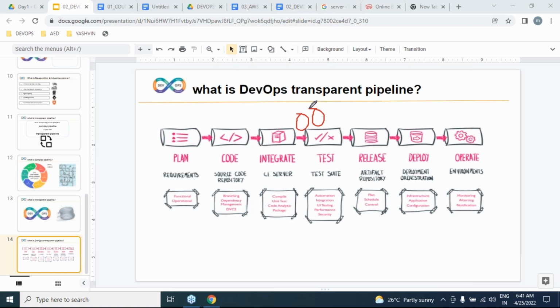We need to halt for some time, a particular period of time. Got it? We need to wait, hold for some duration. That we call a release. We are going to halt the working software that is ready to move into live, which is nothing but the production environment. That we call a release.